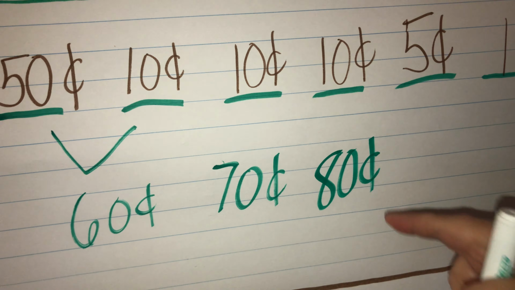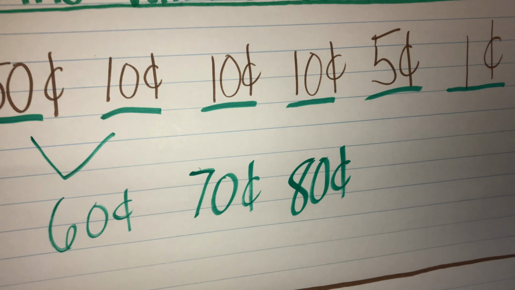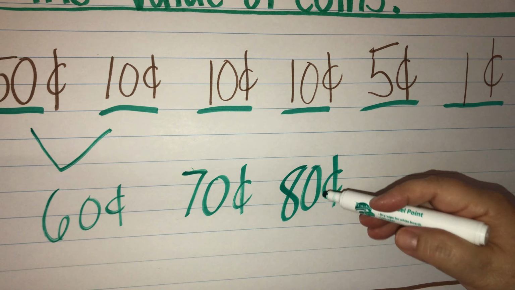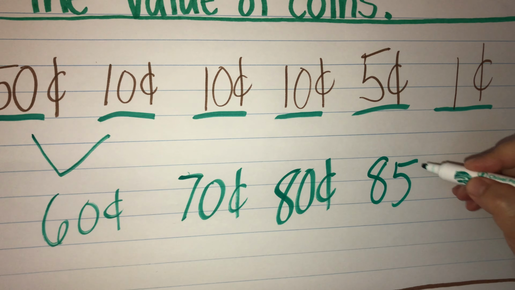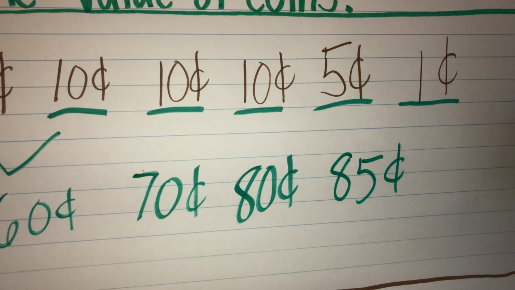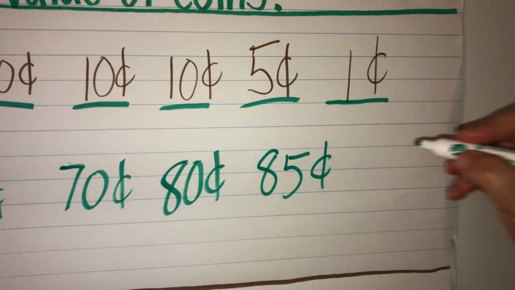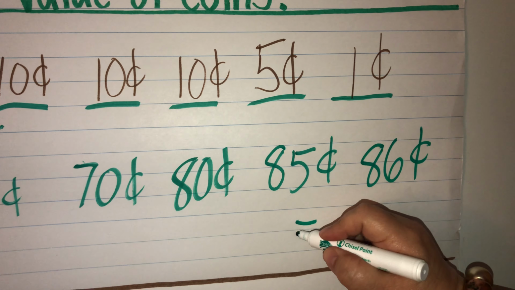80 cents. And I look at my next coin and it's not a dime, it's a nickel. So that means I'm going to start counting now by fives. So 80 plus 5 is 85 cents. Plus the final coin, which is a penny, 86 cents. So my total is